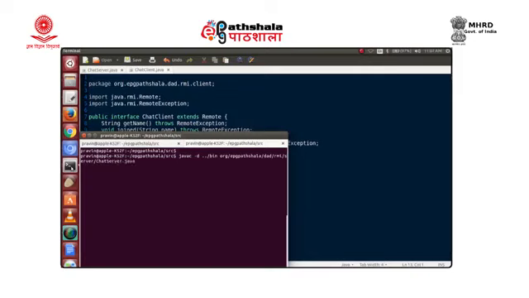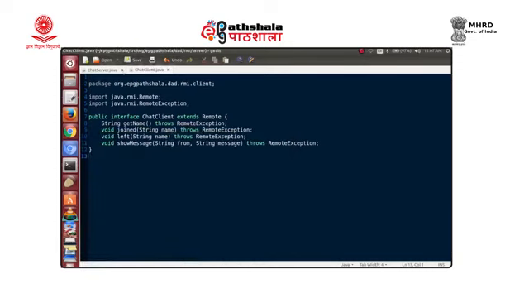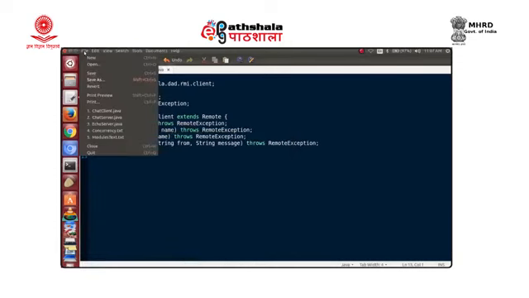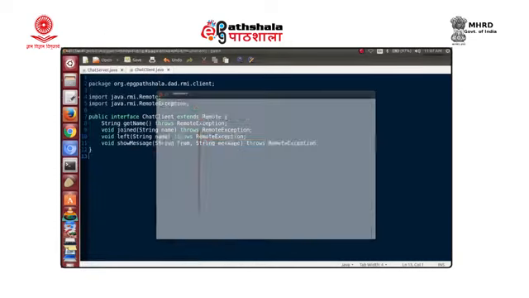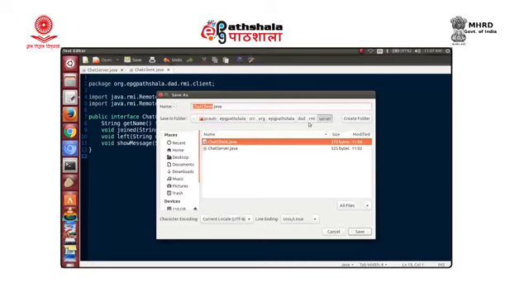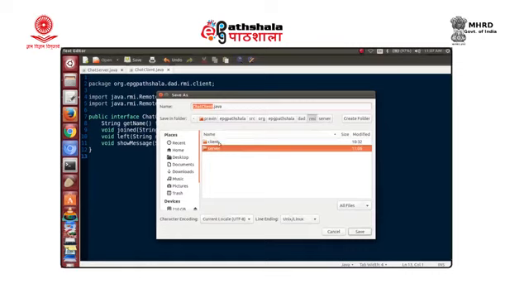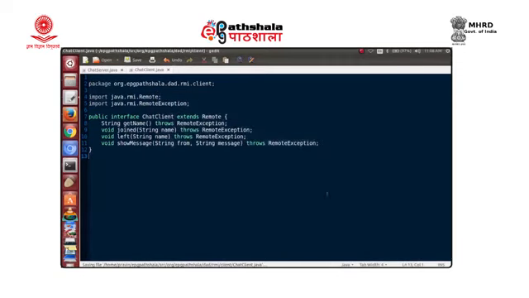Okay, I think I have made a mistake here. This chat client, where have we saved it? I think by mistake it is saved in a different directory, the same as the server. So, I need to be saving it in the client, not in the server. Let me put it in the client. Okay, so it is being saved in the client as well. Fine. So, let us compile this.